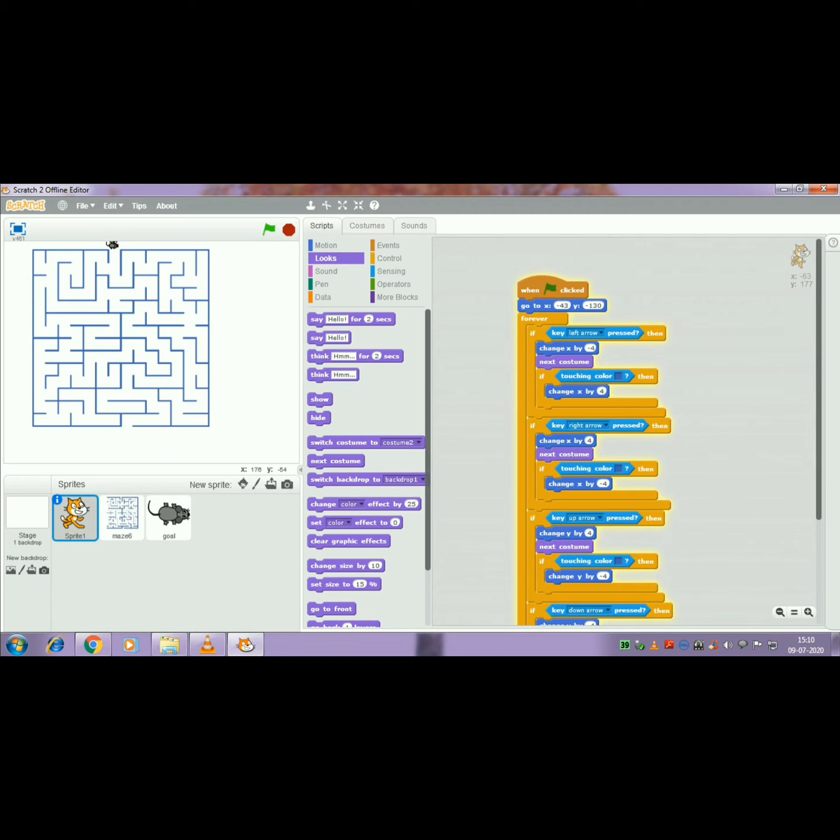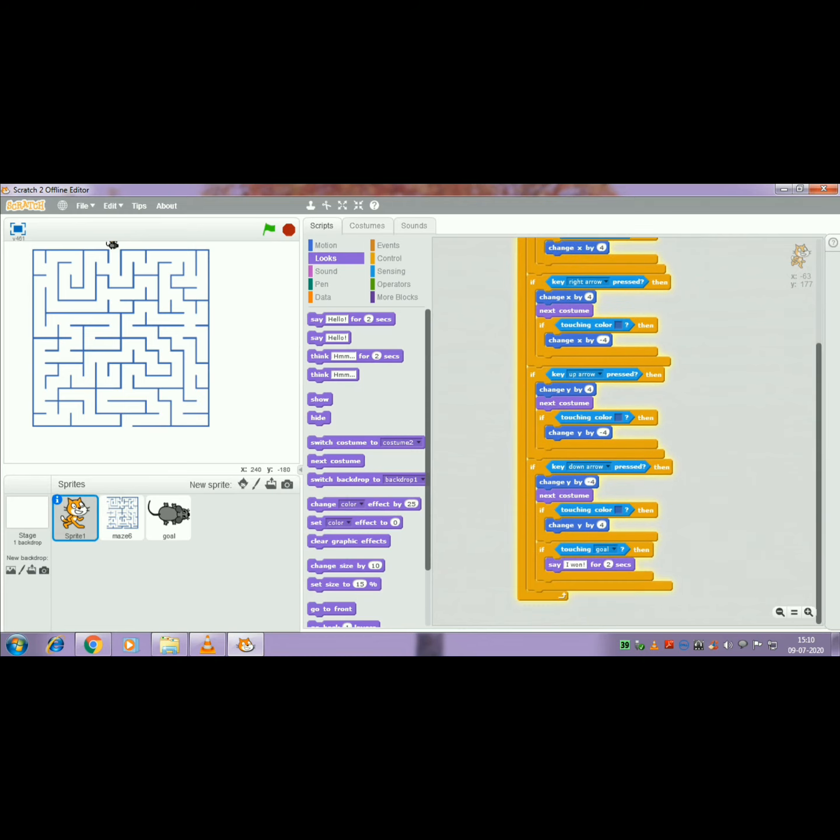So in this class we learned how to upload new sprites that we download off the internet. We also learned how to keep sprites from walking through other sprites by cancelling out their motion after detecting if they are touching a certain color. So I hope you learnt how to create a maze game today.